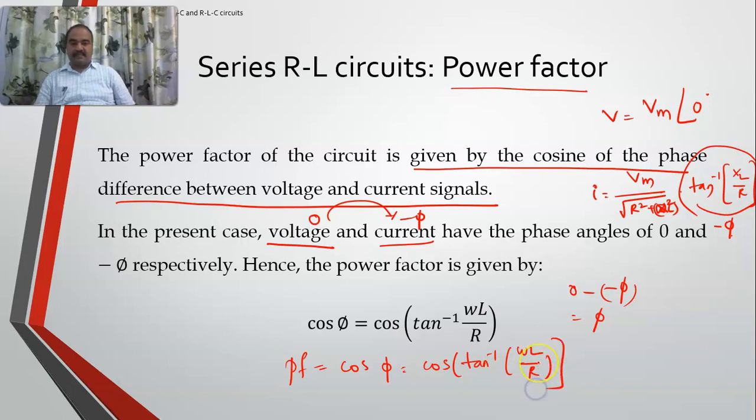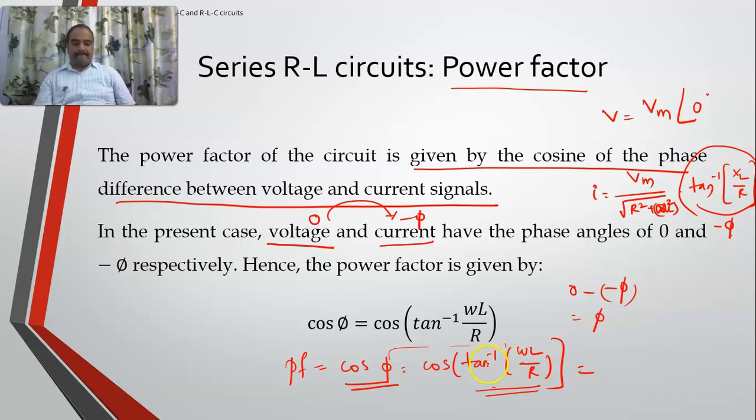In this case, in RL circuit only. This formula is valid only in RL circuit, because in this circuit, phi is tan inverse omega L by R. This is a generalized formula. In this case, phi is tan inverse of omega L by R. Right. Now, if I expand this one,